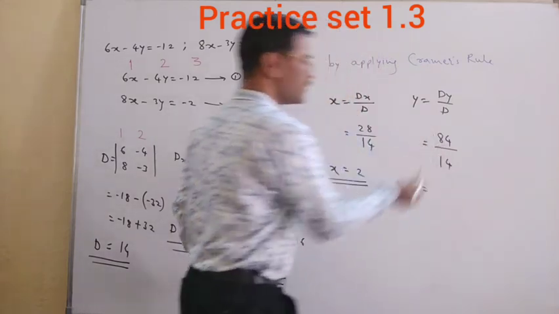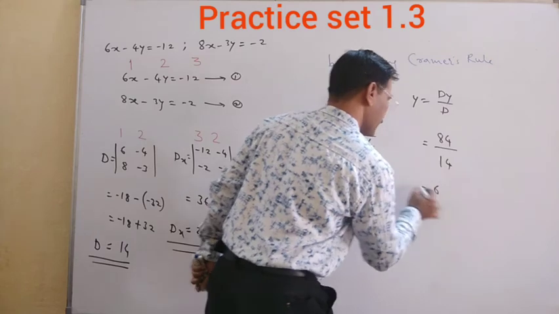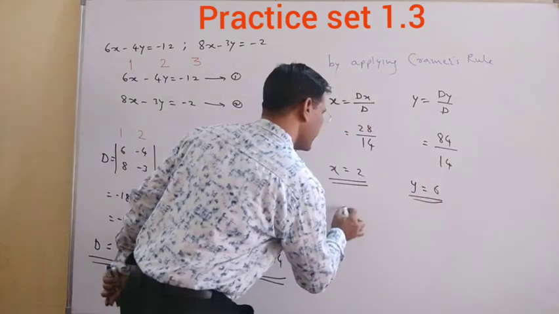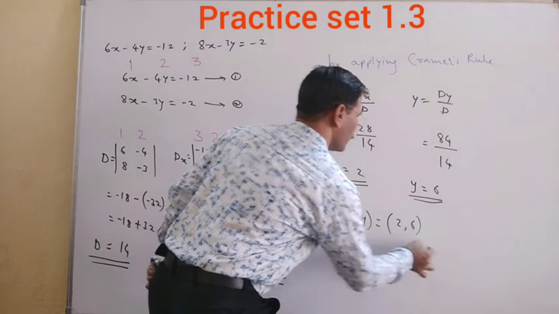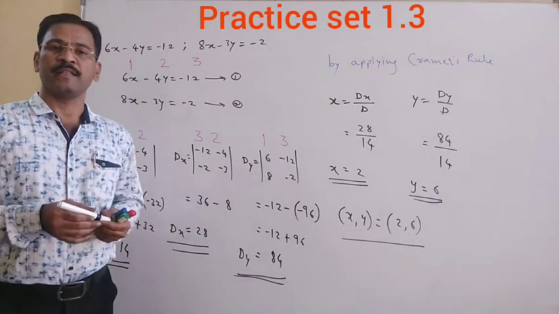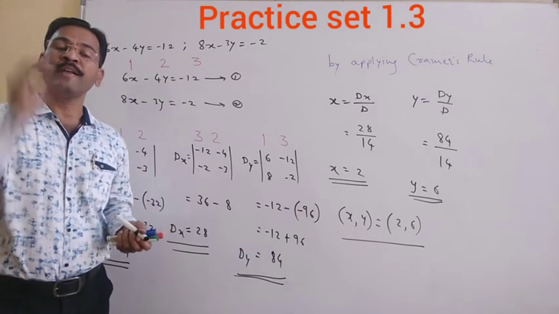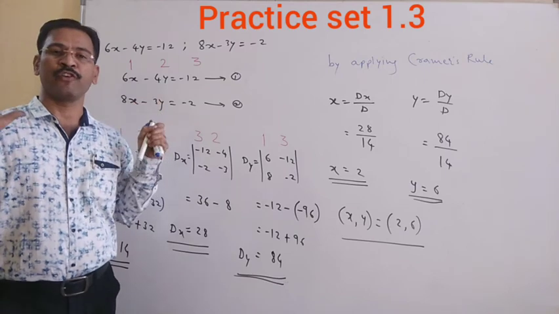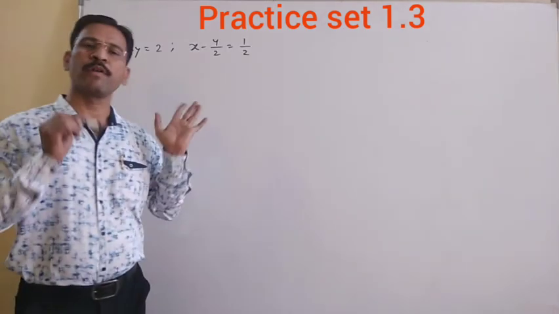Okay, now just divide here. 14 ones are 14, 14 6s are 84. So this is y. So like this we can get x and y. Here these are the solution. Understand? Look how easy all these are. Okay, when you are solving this one by this method, you are very much taking most happy part for this one. Okay friends?